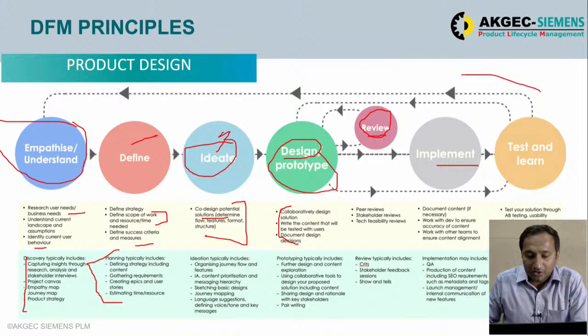So this is, as you can see, a continuously evolving process. Sometimes the user gives you different types of feedback and you develop it according to it. So this product design consists of a total of 6 steps with review in between, and which is very important. So design and manufacturing are important parts of DFM. Now let us move further